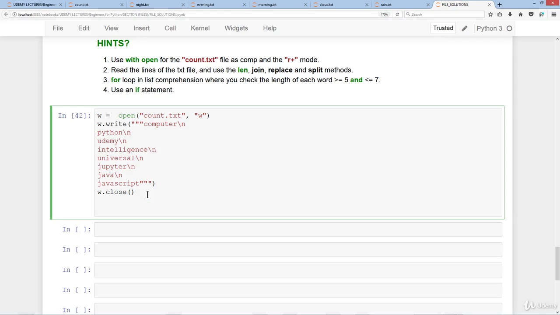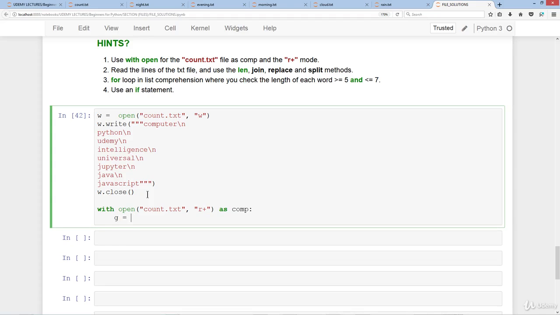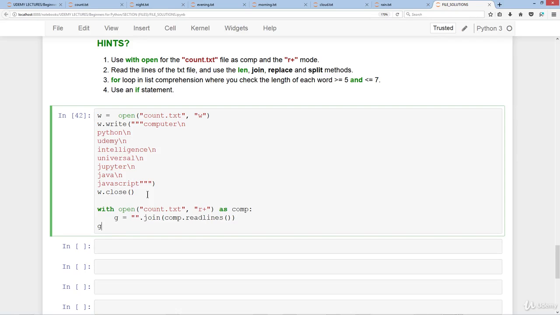So this is going to be with open count.text r+ as comp colon, g equals, remember the join method, comp.readlines, closing parentheses, and we'll check g,